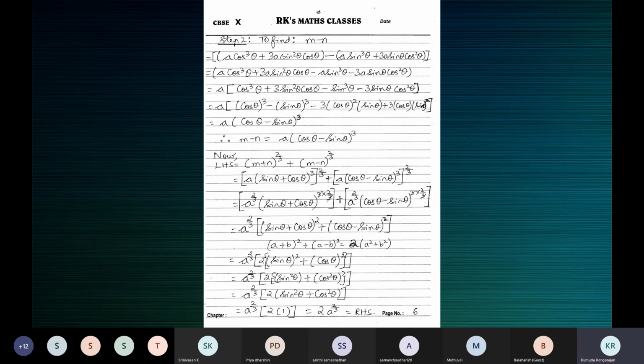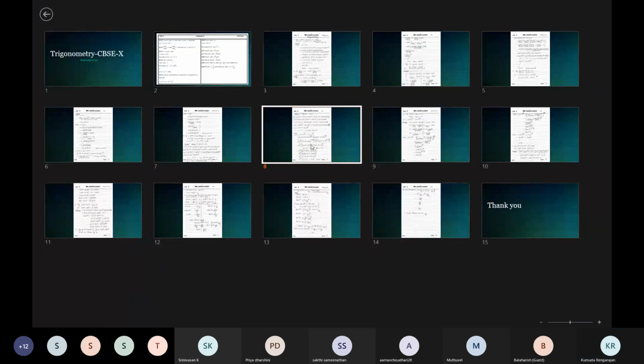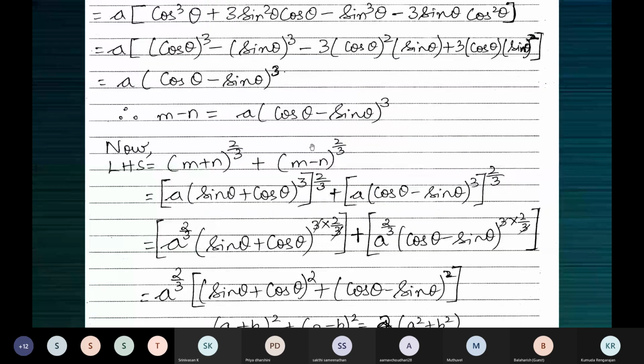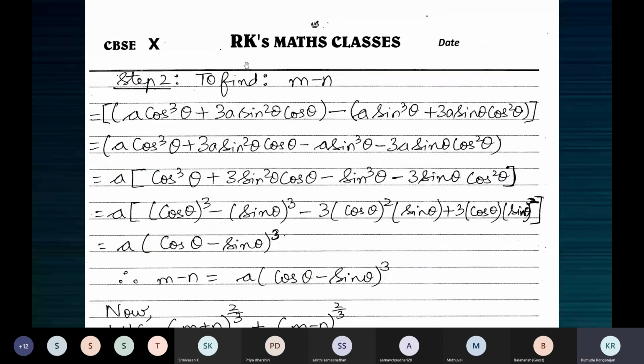So for m minus n, it is the other formula. Be very careful when you're working m minus n, because you need to write m minus n. n has two terms, so enclose it in a bracket. So you can see m here in a bracket. This is m, the first bracket has m. The second one has n, separated by a minus sign. After the minus, if you have to write more than one term, enclose them in a bracket.